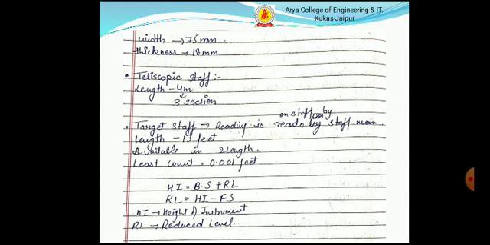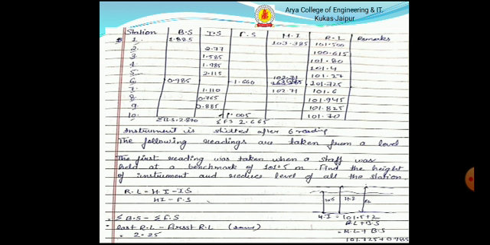Height of instrument method. The height of instrument can be calculated as reduced level plus backsight, and reduced level can be calculated as height of instrument minus foresight or intermediate sight. So here is the question. In this question, backsight, intermediate sight and foresight are given, and the reduced level of the first point is also given. The instrument is shifted after the 6th reading.